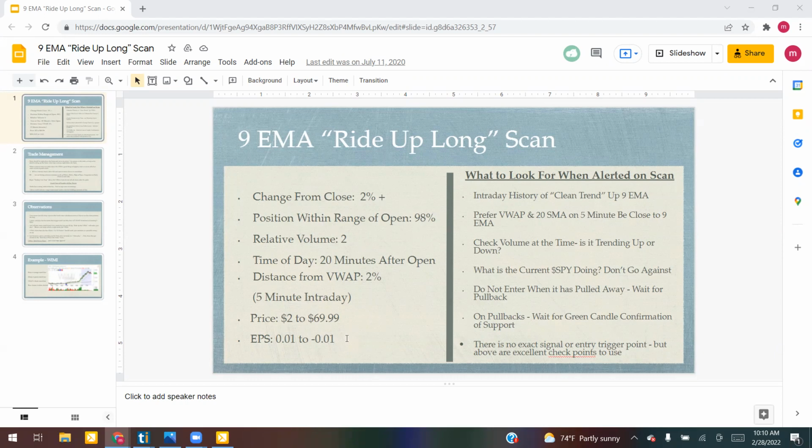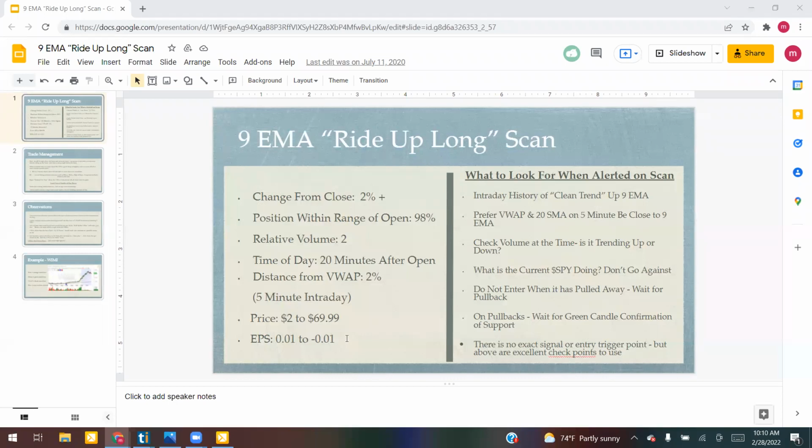We want to see stocks that are honoring, and have shown that they want to honor, the 9 EMA. Stocks that are spiking way above the 9 EMA are not honoring it. It might be a good trade if you're long in it, but it's not a trend trade, right? So we're looking for clean riding up the 9 EMA, and we prefer that it has tested the 9 as